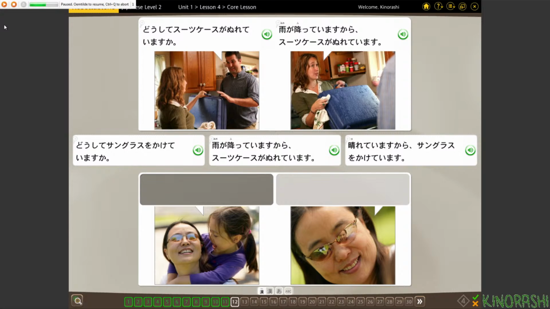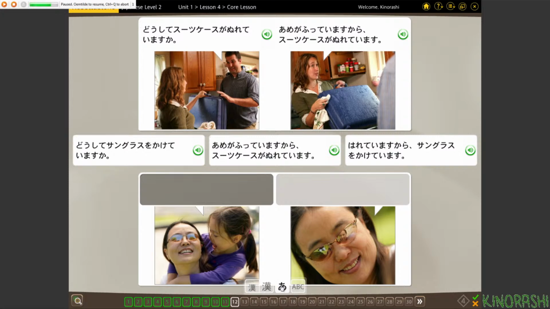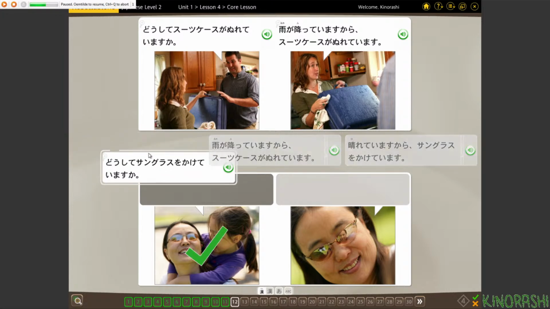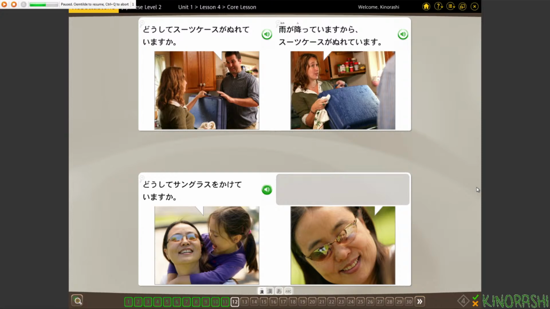I think that's what it was. I thought it was shite, but maybe it's kakete. That would explain why I've heard it from somewhere. Doshite sunglasses o kakete imasu ka? どうしてサングラスをかけていますか？